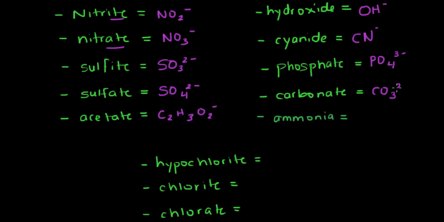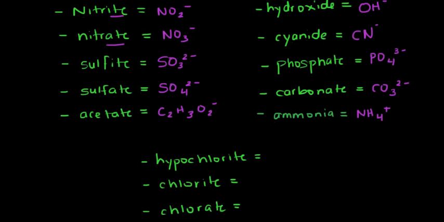And ammonia is an exception to the rule of the negative charge. Ammonia actually has a positive charge, and that's NH4+. And that also comes up a lot, so you probably won't have too much difficulty memorizing that one. But now let's